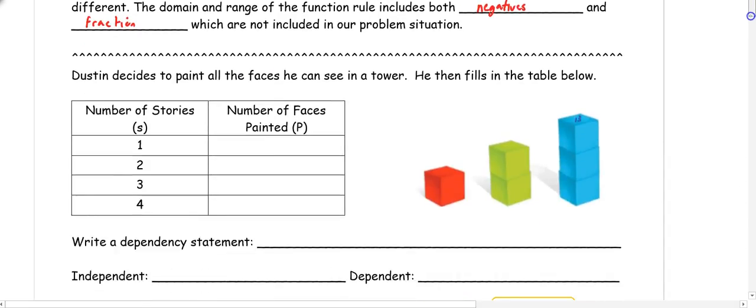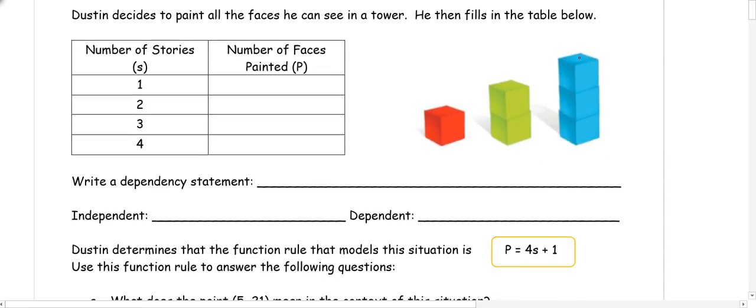So Dustin decides to paint all the faces he can see in a tower. He fills in the table below. So we have the number of stories representing each block on top and the number of faces painted. Now we're only painting the faces that we can see on the tower. So in the first block, I can see 1, if I turn the block, 2, 3, and 4 if I turn the block around, plus the top, which gets us 5 painted faces. I don't worry about the bottom because that's the one it's